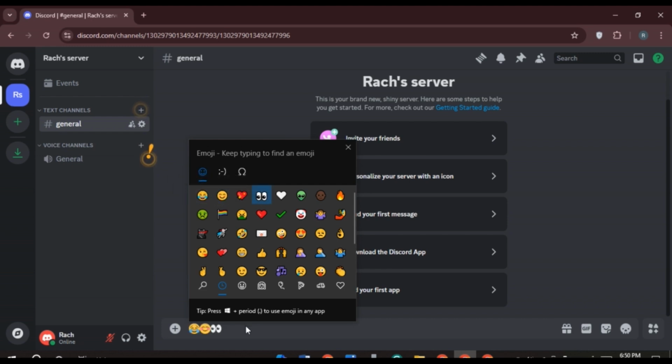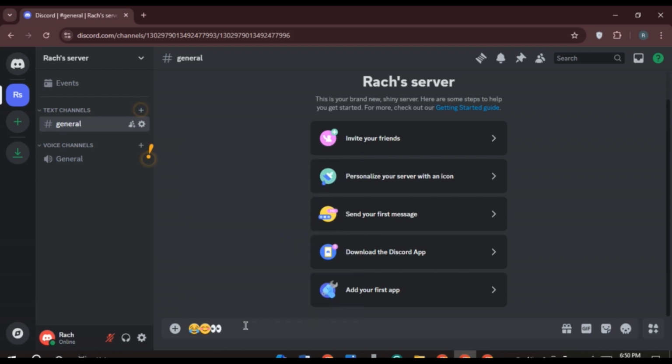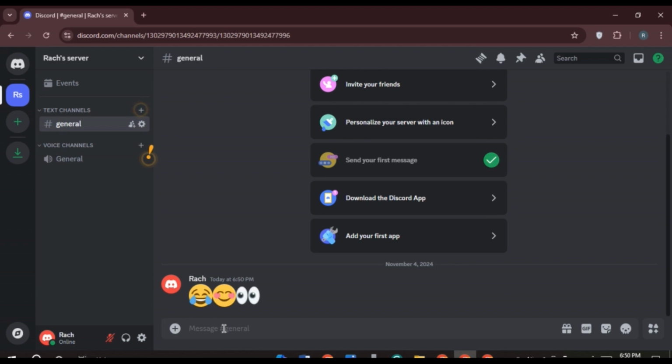After you've selected all the emojis, simply click anywhere that you want. After that, the emoji box will disappear. Now you can see over here, you just used the emoji. So that is how you use emojis on PC or